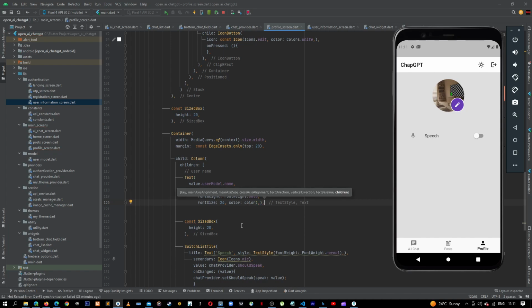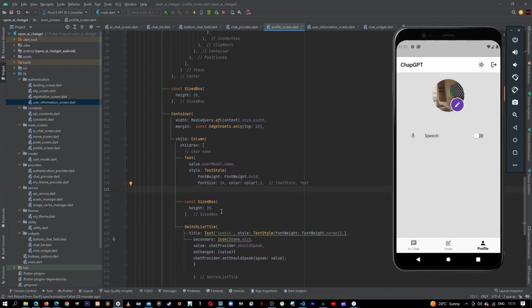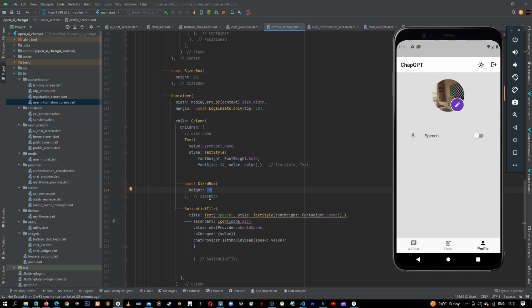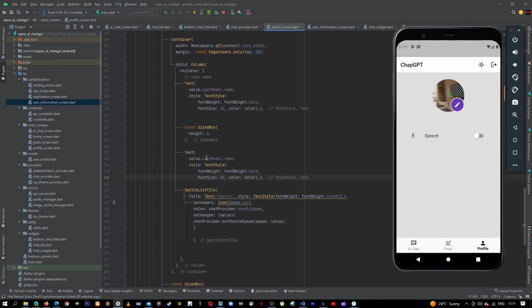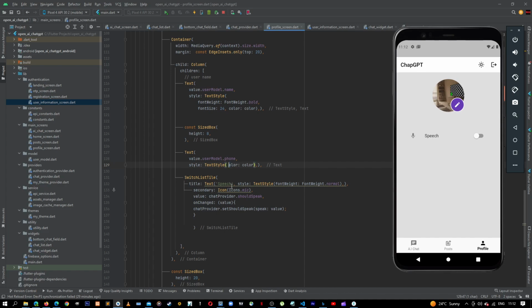Then what's next? Let's have a size box here, but let's reduce this maybe to 8. Then down here again, let's have another text field. We copy that in the text widget. Then instead of the name here, let's put our font. And then the font weight, let's remove it, and we can remove the font size. Let's just keep the color. So let's hot restart and see what we have. Okay, so we have a name and